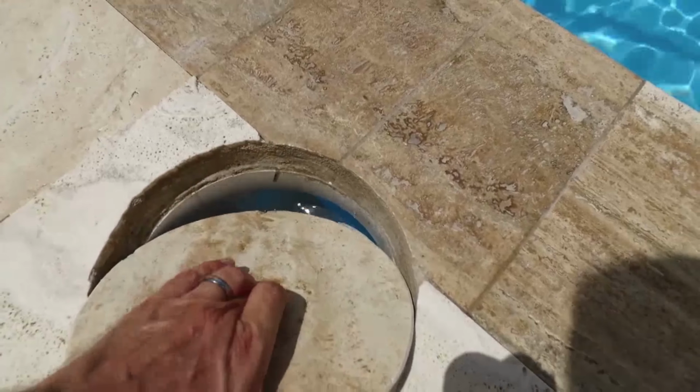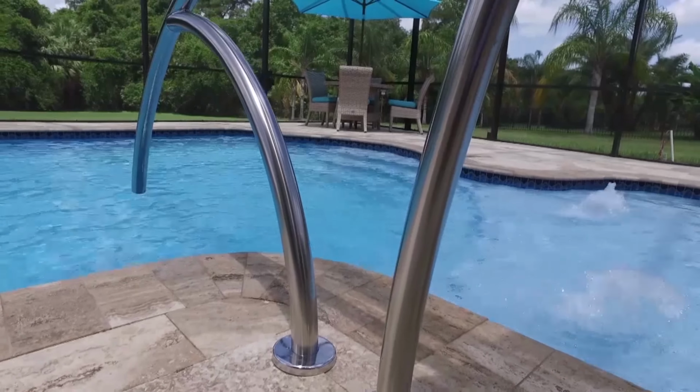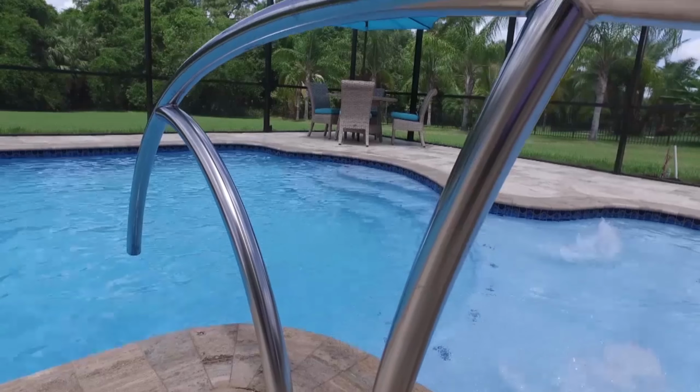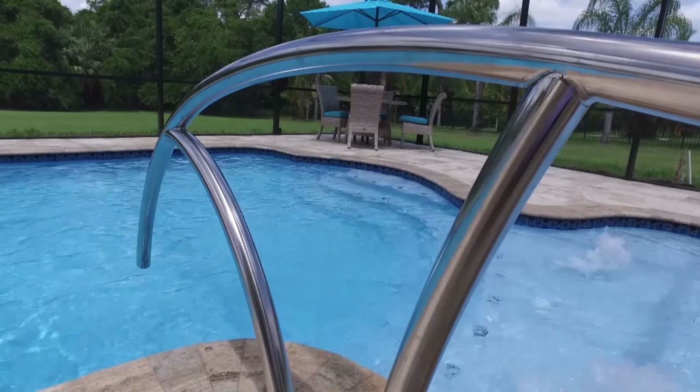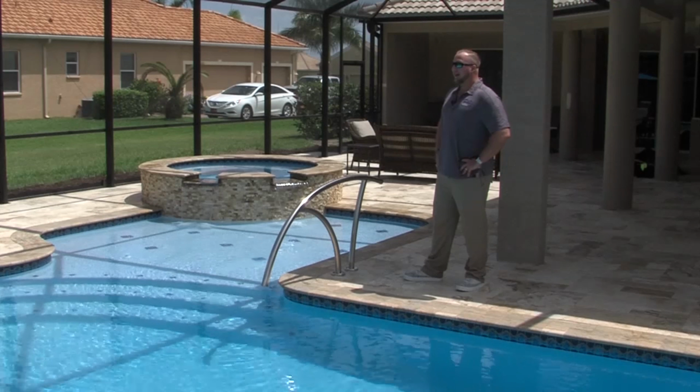All right, now we're gonna talk about this handrail. This is a new type of handrail, new style, very contemporary, elegant. It really makes the pool look up to date. You know, the old handrails are more like a commercial style. And when it comes to handrails,